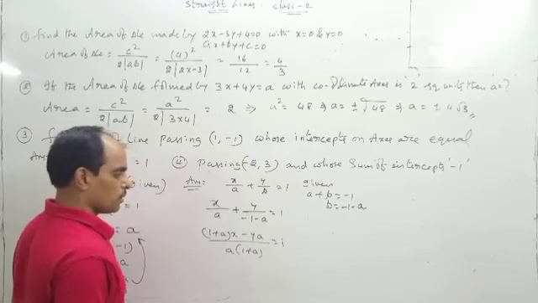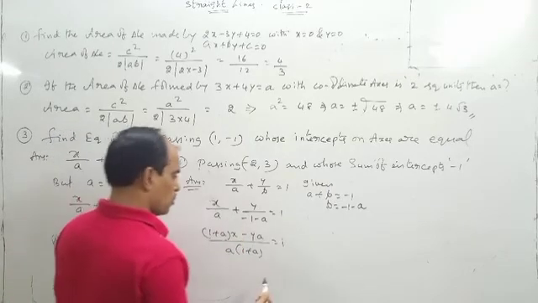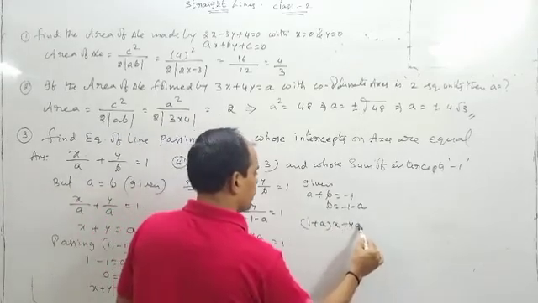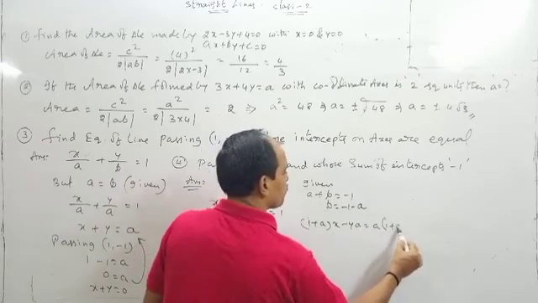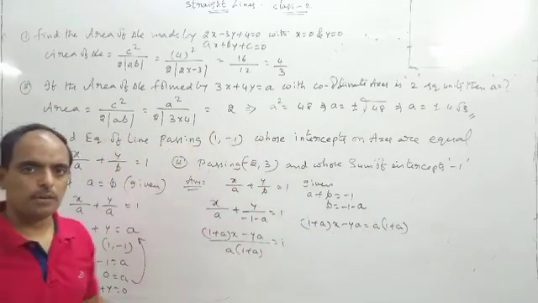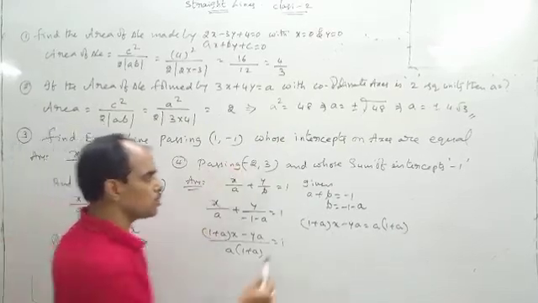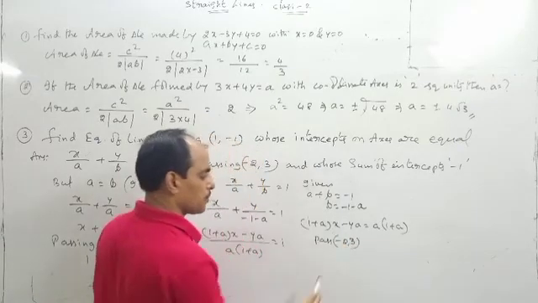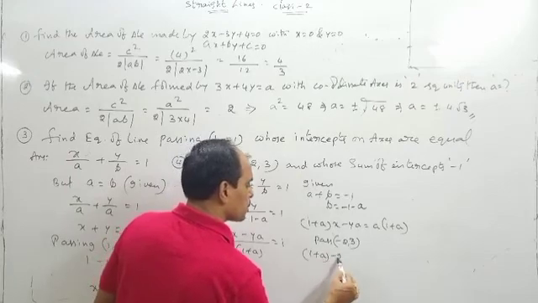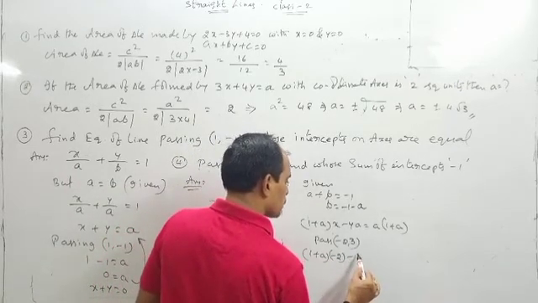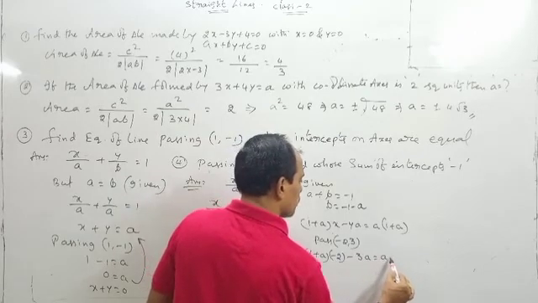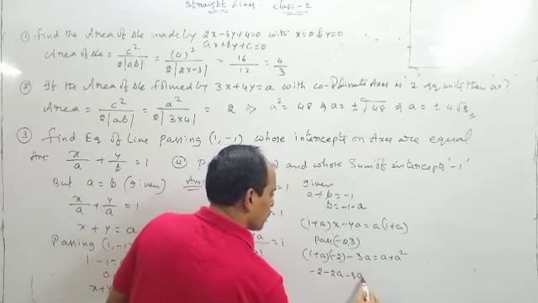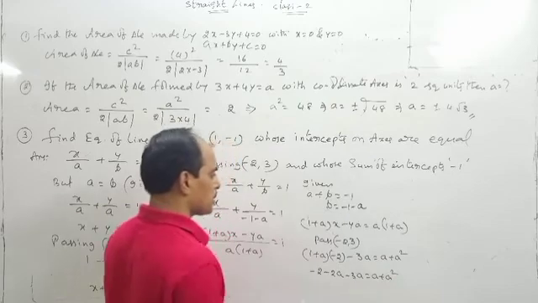Okay now? Here the minus common, we are writing here. Now what is our equation? 1 plus a into x minus ya is equal to a of 1 plus a. This is how the equation came. Then this is passing through minus 2 comma 3. So 1 plus a into minus 2 minus 3 into a is equal to a plus a square. That is minus 2 minus 2a minus 3a is equal to a plus a square.